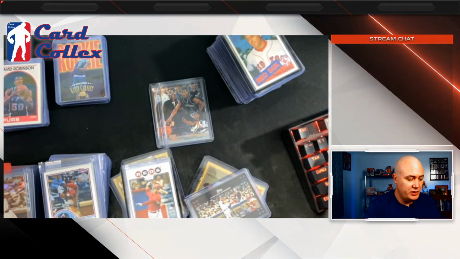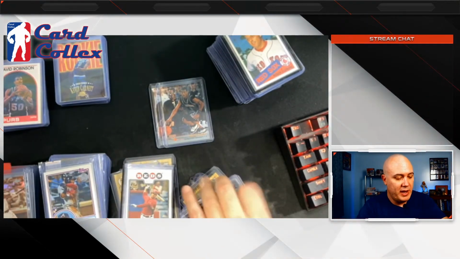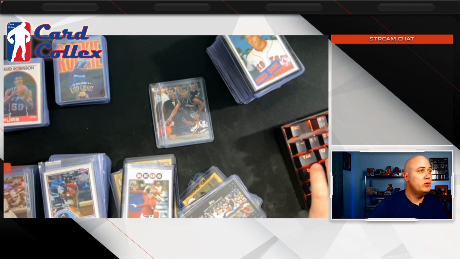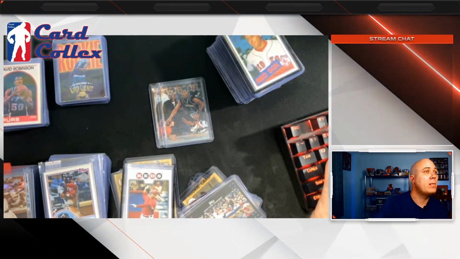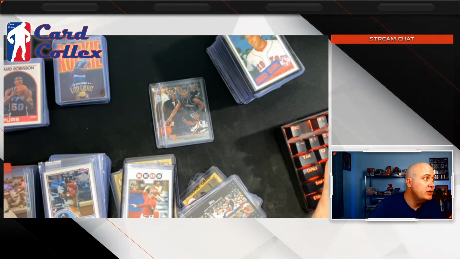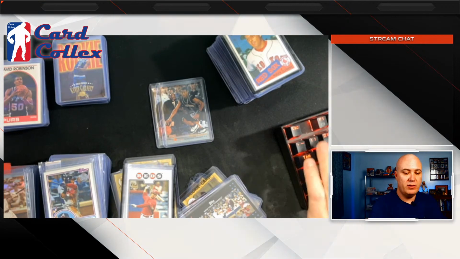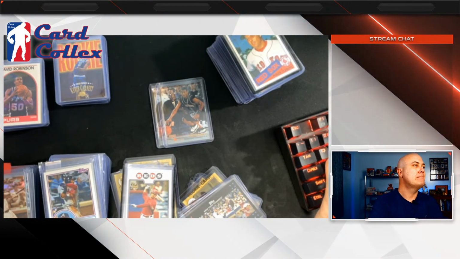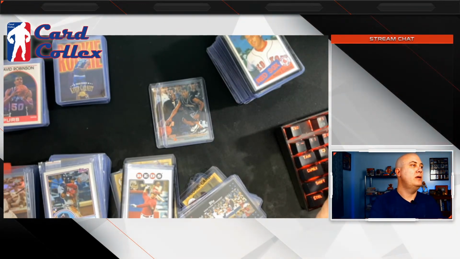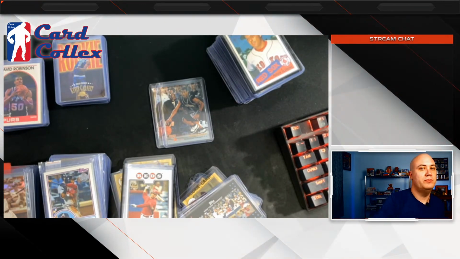2007 Topps Derek Jeter. What is this called? Bush Mantle. SP Bush Mantle. Let's list. Let's see what these look like. You can't go over $20 with these eBay standard envelopes. So, 2007 Topps Derek Jeter Bush.